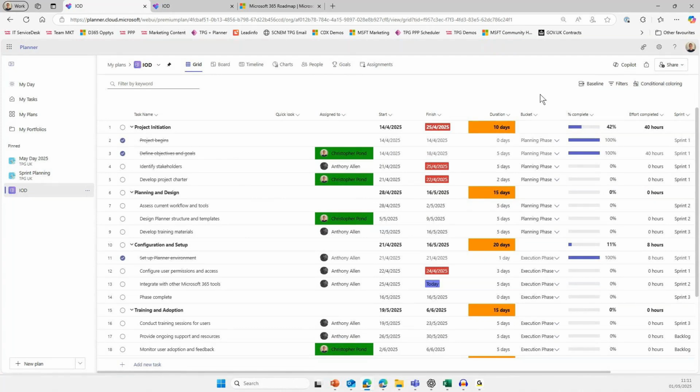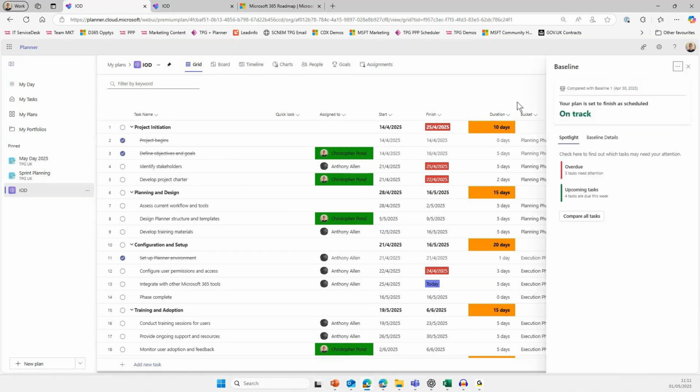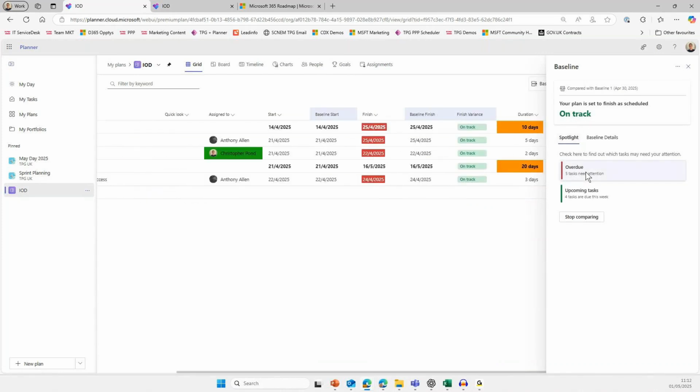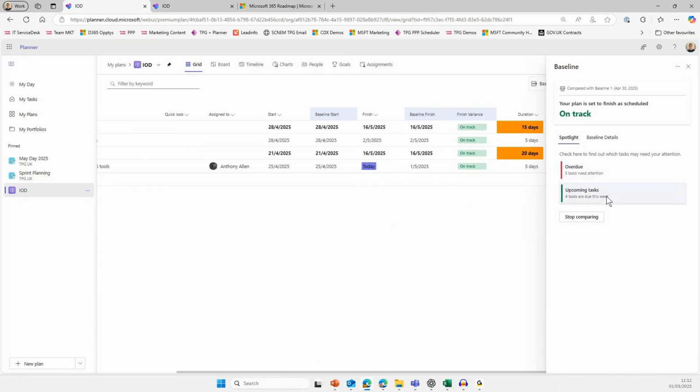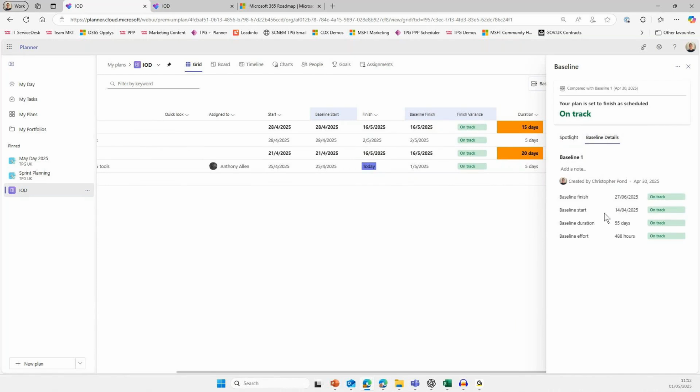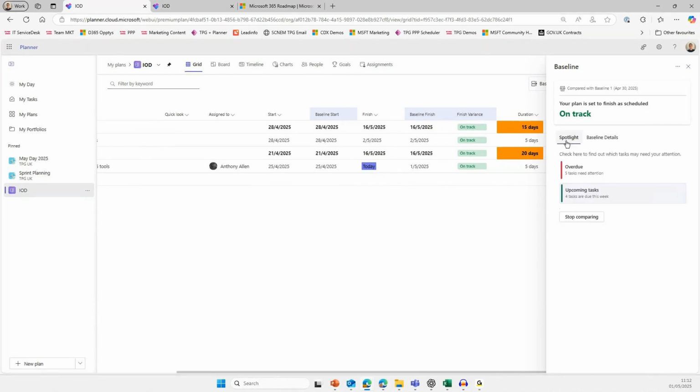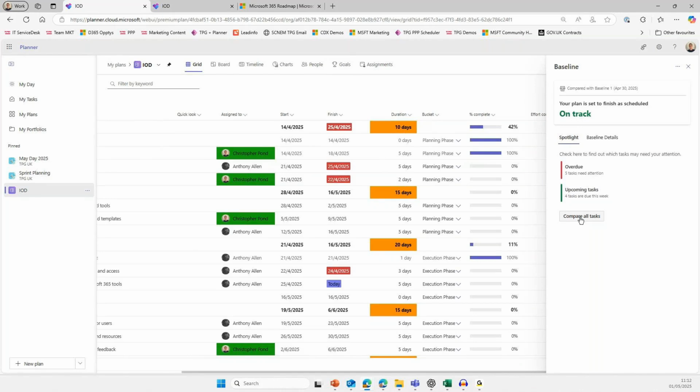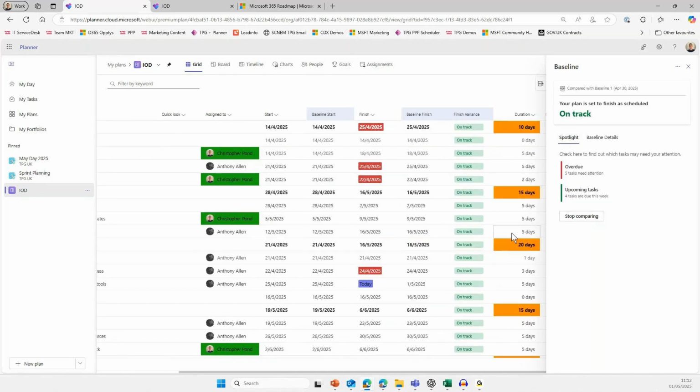Now, the other thing you'll notice is that we have baselines now. So this is a relatively new capability here. I baseline this on April the 30th. Plan is set to finish is scheduled on track. And I can see which tasks are overdue very easily. And I can see which tasks are due this week. And I can actually see all of the baseline details as well. So you have that ability to understand what the original schedule for your project was,